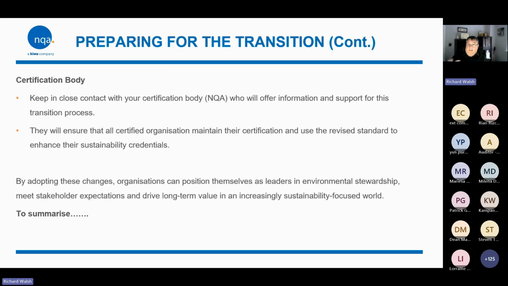Obviously, our role, keep in close contact with your certification body. I hope it's NQA. We will offer information. We will offer support. Keep an eye on our website. Now we've got the final draft standard, we are now able to start with some degree of certainty, providing better information. But we will make sure that all our certified organisations maintain the certification. At the end of the day, that's what we want. We want you to